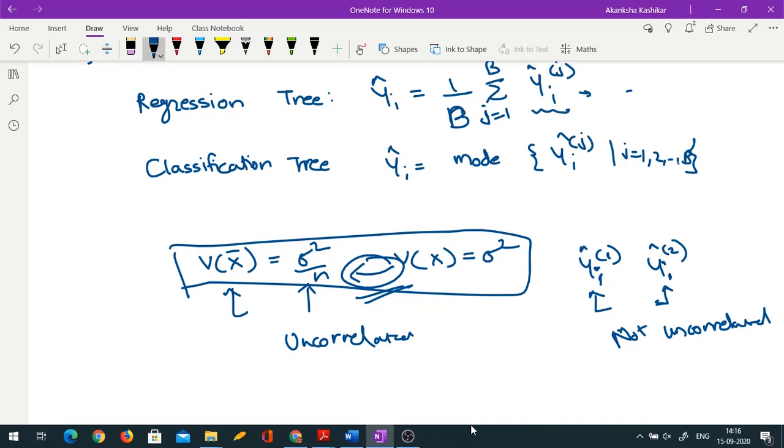In trees it is used more compared to other techniques because trees are inherently unstable. Okay, they are not robust. They give you different predictions even if there is a change in one of the observations. Hence, that instability is reduced to a great extent via bagging. Because you are averaging in bagging, most of the minor errors get balanced and you get a better, stable prediction. Okay, is the concept of bagging clear to everyone?